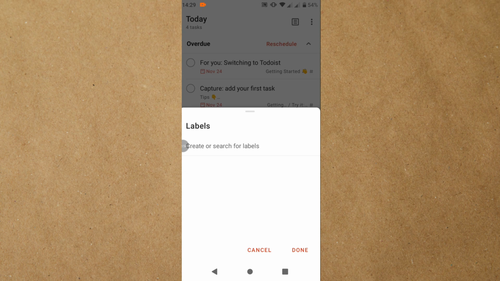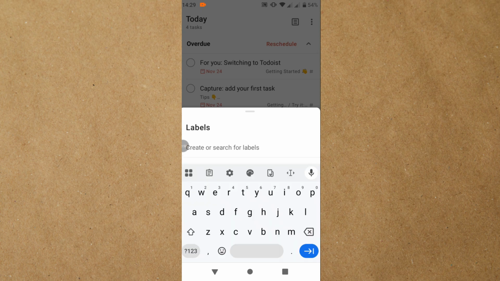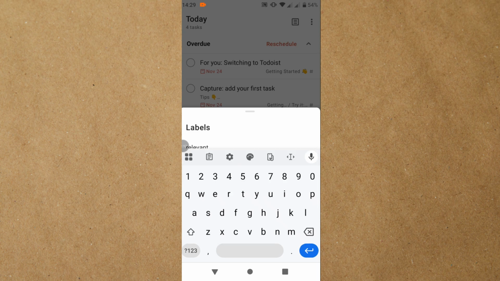However guys, if you're completely new on Todoist, you will probably have no created labels, so you will need to create one. And creating one works the following way. Simply tap into this text field here, enter your label name, like let me go with relevant for example, and that's it. Tap into that confirmation button in the bottom right corner to save your label,